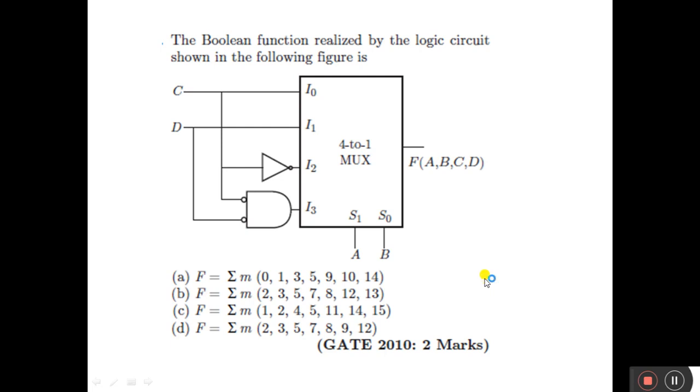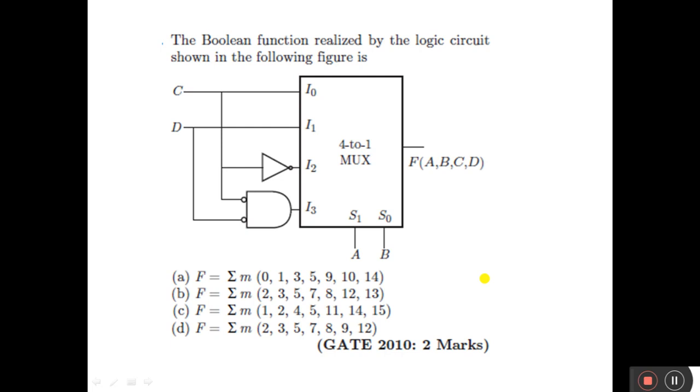Next question. This also uses a 4:1 mux, but the method is different. The question: the Boolean function realized by the logic circuit shown in the following figure. 4:1 mux given. Option A, minterm sum of m 0, 1, 3, 5, 9, 10, 14.